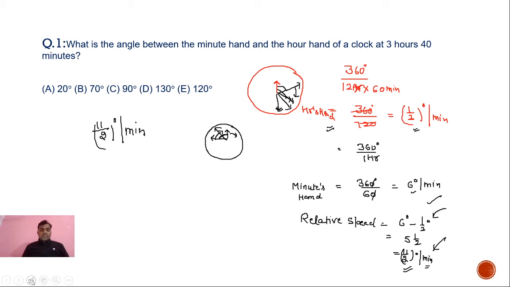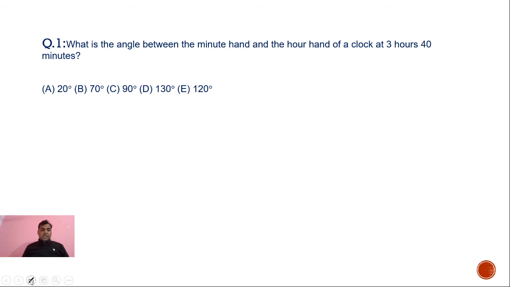Now let's use this concept here. In this particular question you will get a complete idea. For example, here you see that the question is asking what is the angle between the minute hand and the hour hand of a clock at 3 hours 40 minutes. So to solve this question, all you need to know is, right, the time is 3 hours 40 minutes. So what you need to do is check the position